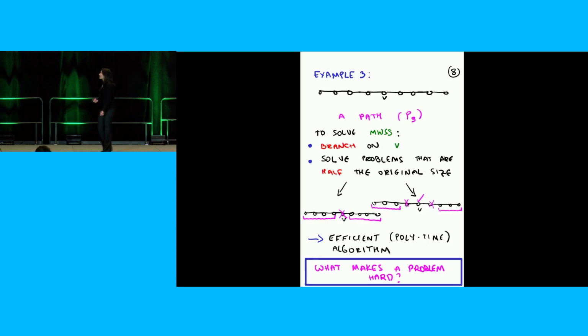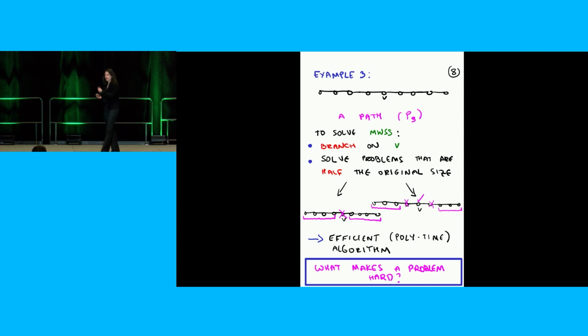Okay, here's another graph. That's called the 9-vertex path. So in case the drawing is not clear, it's 9 vertices. Consecutive ones are adjacent. Non-consecutive ones are non-adjacent. Right, and so you can imagine why it's called the P9, path of 9 vertices. So now there are many ways to solve the max weight stable set problem on this graph, but I want to show you a way that will generalize. So please bear with me. It may not be the easiest way to do it.